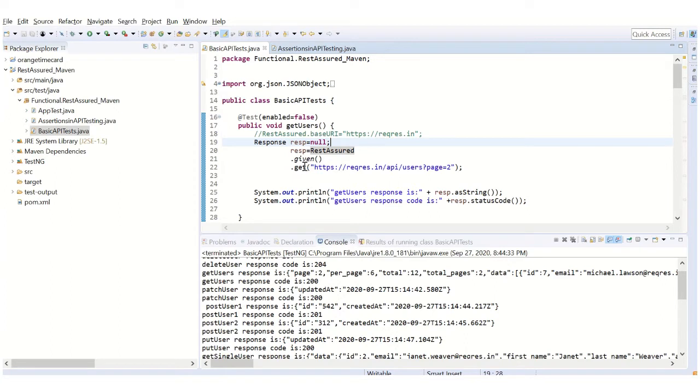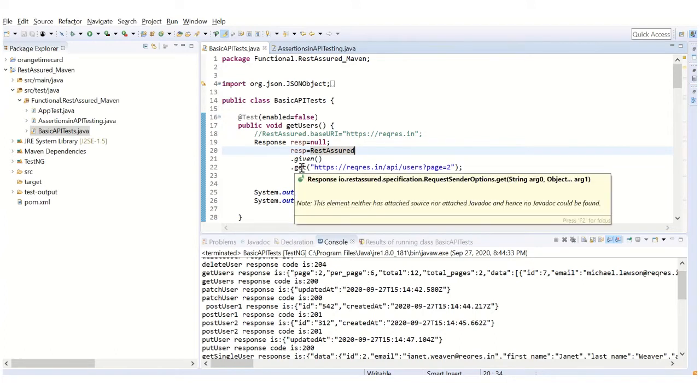So using this class I have accessed the get method, which will get some details from this URI, and given is a method. Before we discuss further, REST Assured is basically written in BDD style. For somebody who knows BDD, the methods such as given, when, and then are quite familiar words, wherein given means given certain preconditions are met.